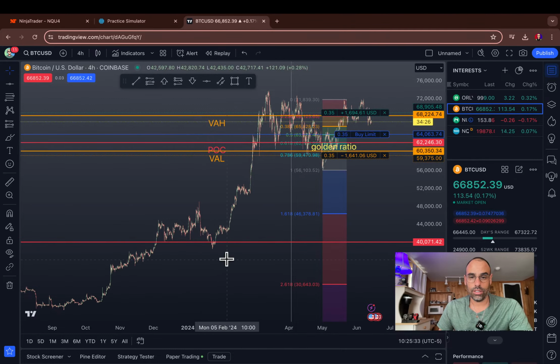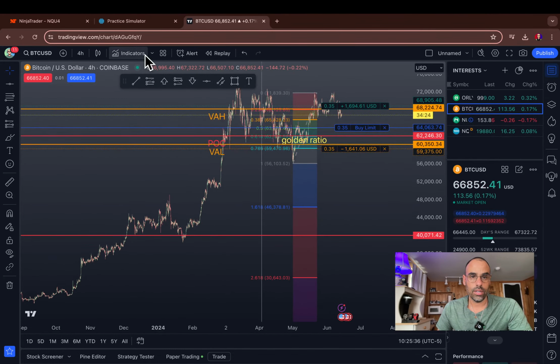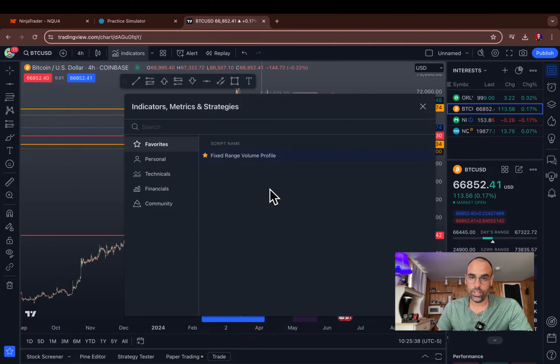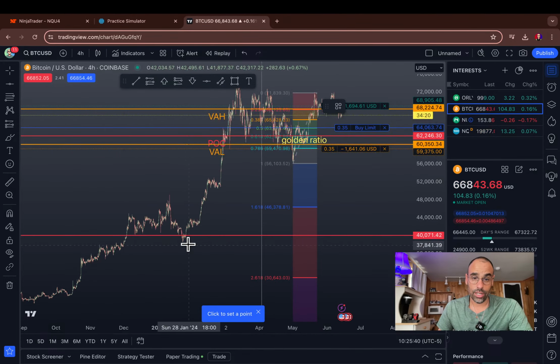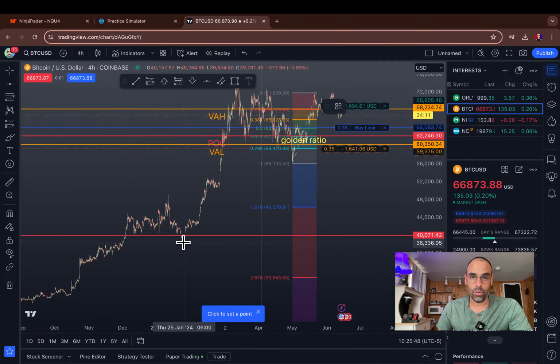By the way, I think I lost the indicator already. So we're going to do the fixed range volume. All that to say that this is an important low, the beginning of the year. Now you could take another low, depending on what range you want to look at, but we're going to take this low